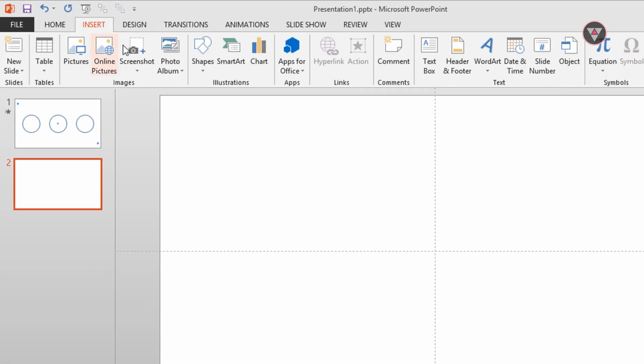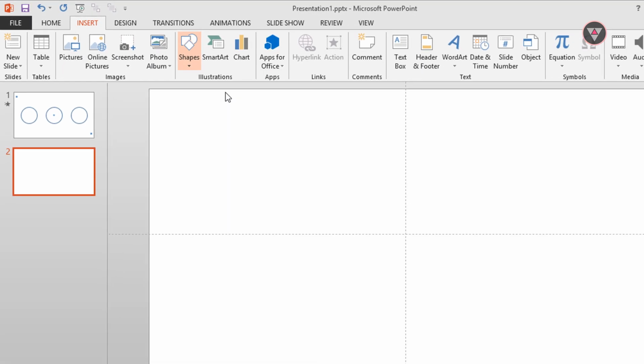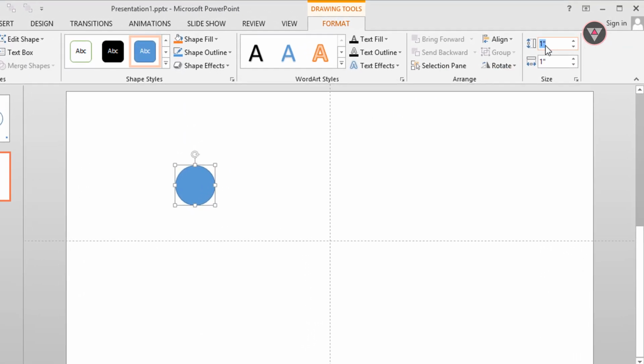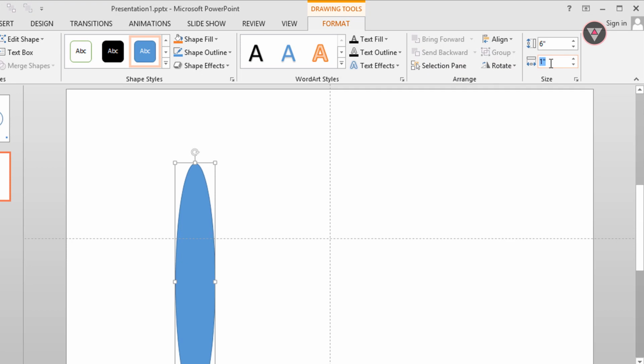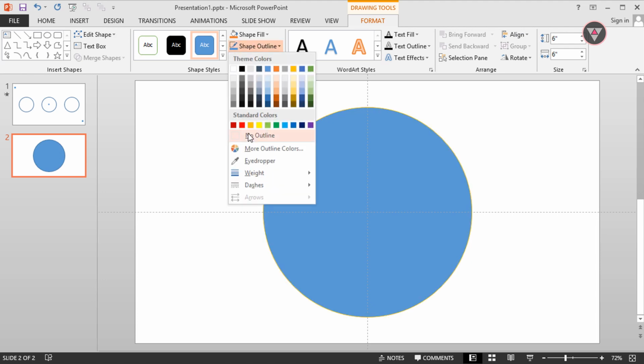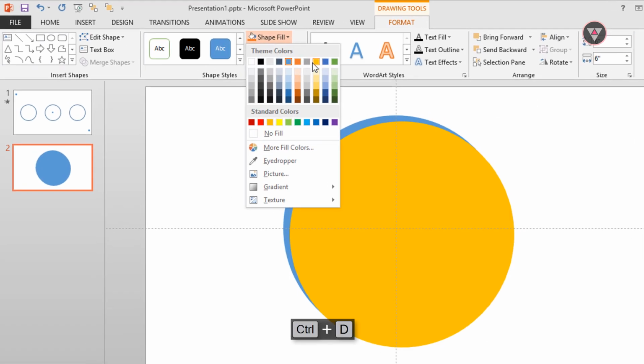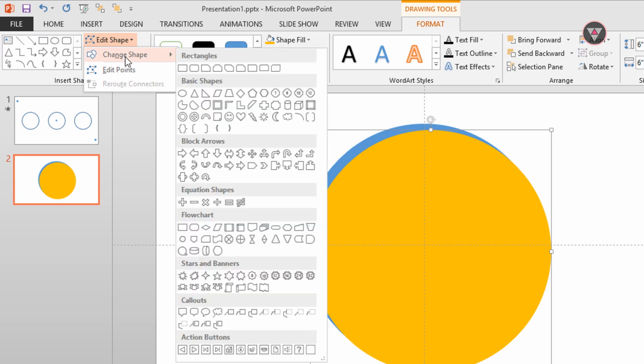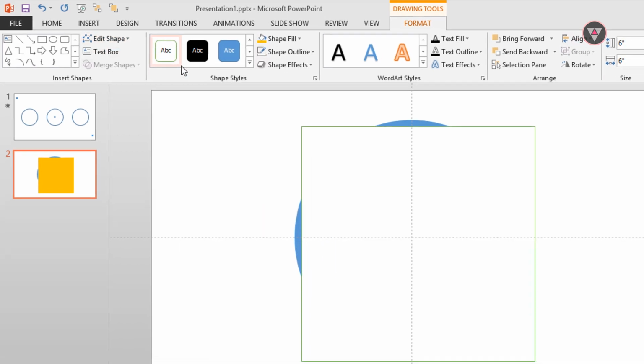At first we have to take an oval shape and change its height and width to 6 inches. Also change its align to center and align middle. Then duplicate this shape by pressing Ctrl+D, go to Edit Shape and select rectangle shape.